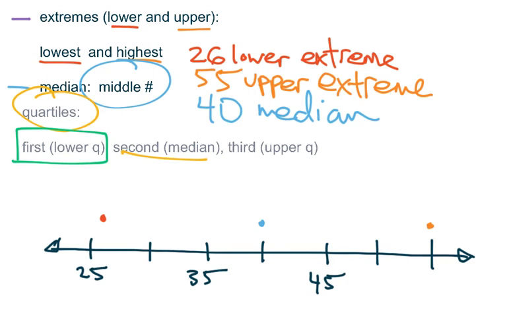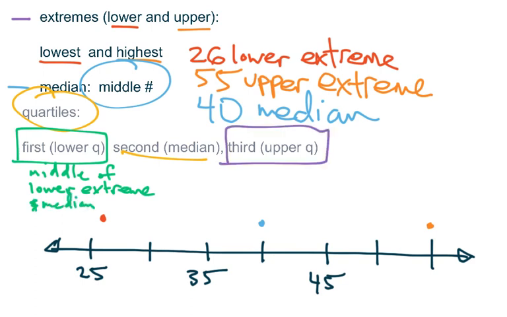So the first quartile, or what's sometimes called the lower quartile, is basically going to be the middle number of the lower extreme, so that's our 26, and the median. And then our third quartile is going to be the middle of our upper extreme, that's our 55, and the median. And I don't mean what's the average, I mean what's the middle. So in order to think about what is my lower quartile and what is my upper quartile,